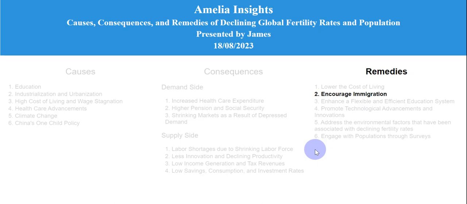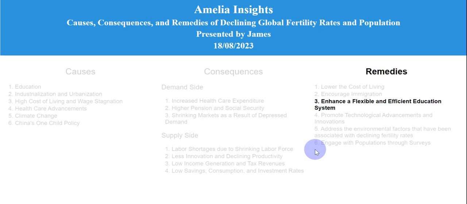A third alternative is to enhance a flexible and efficient education system. Governments should implement policies that ensure education, work, and life balance. It should make it possible for people to learn and complete the highest desired education level, for example, masters or PhDs, in time, say by between ages 25 and 30, so that they have ample time to work, marry, and get children. A flexible and friendly work, education, and life balance will reduce the pressures between a career and having